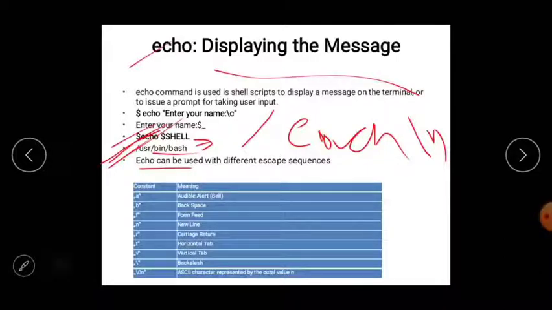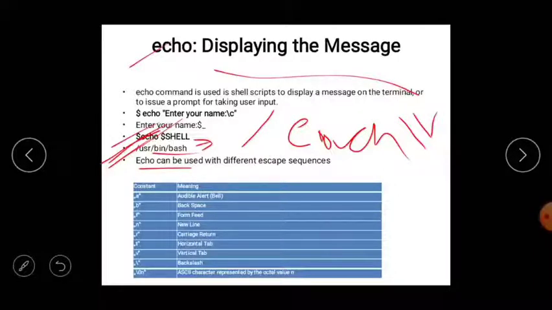Okay, next, backslash r, carriage return. Okay, next, backslash t, which gives a horizontal tab. Next, backslash v, which gives a vertical tab.